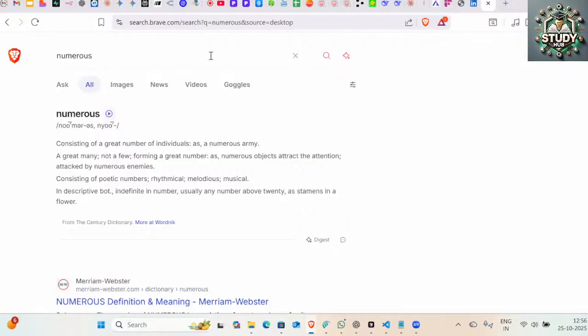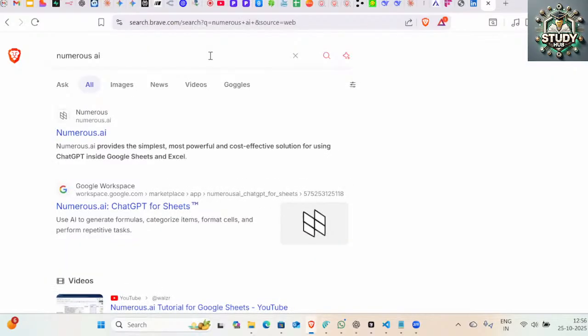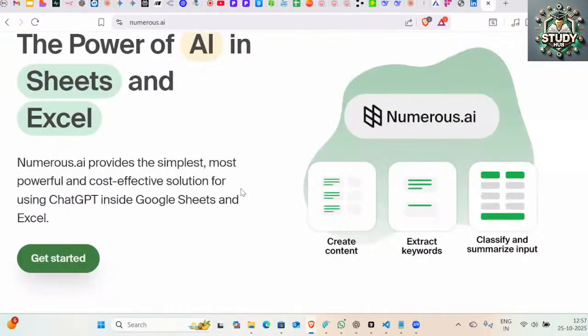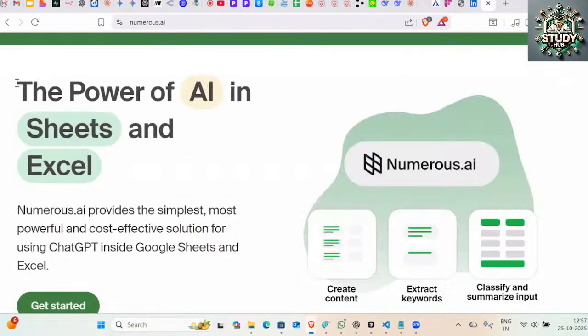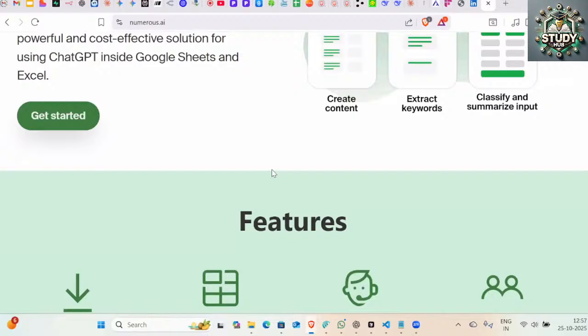So one of the safest ways, within your Excel, is Numerous AI. This is the tool you can utilize, which is very much Excel friendly. Plus, data privacy wise, they are saying they cannot see your data. It is the ChatGPT for your Excel and Sheets. And if you are on the enterprise plan, then you have Microsoft Copilot already, which requires an enterprise license. If you already have that, that is again the best tool for Excel.